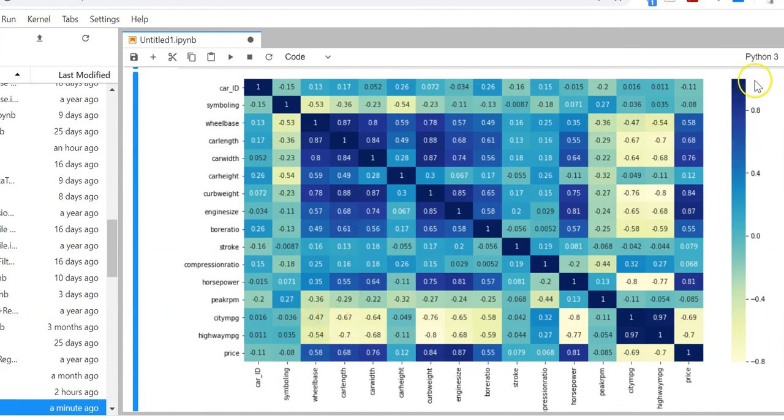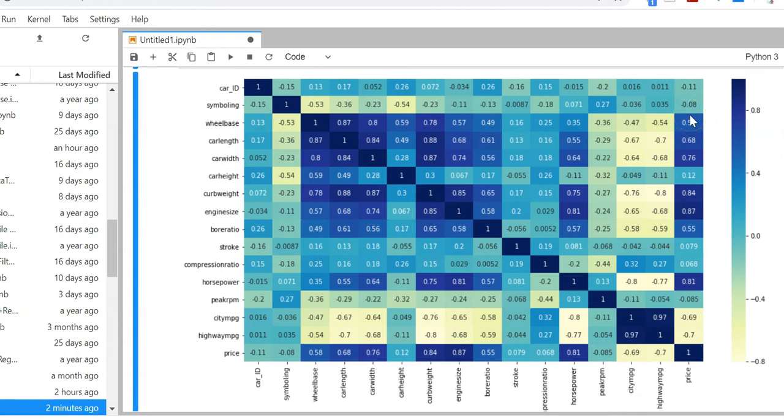Let's understand this one. First let us understand the color coding here. The higher the value, the darker is the color, and the lower the value, the lighter is the color. Our target column was price. So let us see the price column and which other variables are related to the price column.